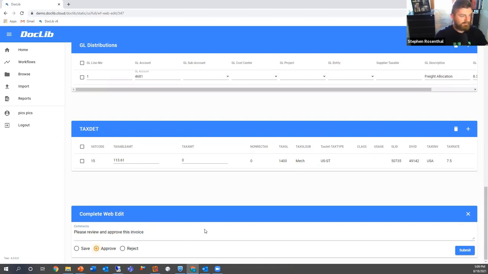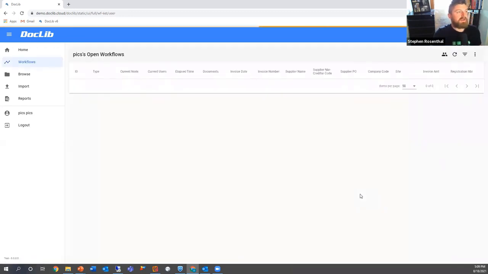Route that over. I'm going to click approve. So this is the AP person approving this to be sent to an approver for final approval on the invoice. So I'm going to submit that off. So that's how we would manage a